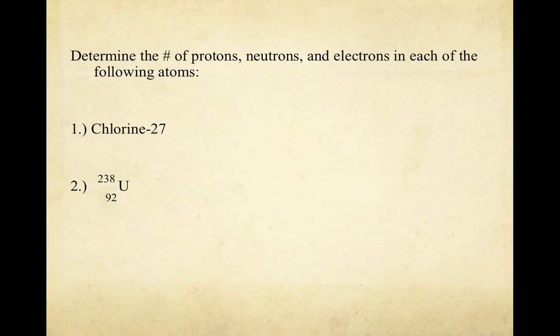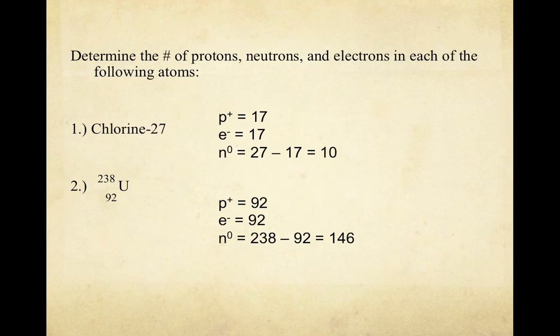Okay, hopefully you actually worked those problems instead of just continuing on. And here it is. So chlorine-27, if you look up chlorine in a periodic table, chlorine is 17, and so it has 17 protons, 17 electrons, and then the neutrons, you take 27 minus 17, and you get 10. Simple enough. Uranium-238, it has everything right there. No need to go to the periodic table. You know that the atomic number is 92, so protons are 92, electrons are 92, and the neutrons, 238 minus